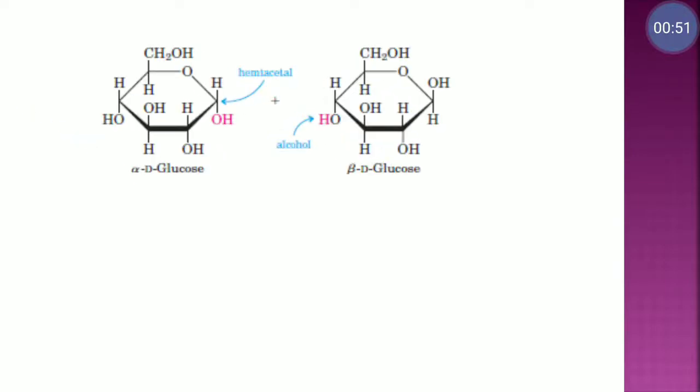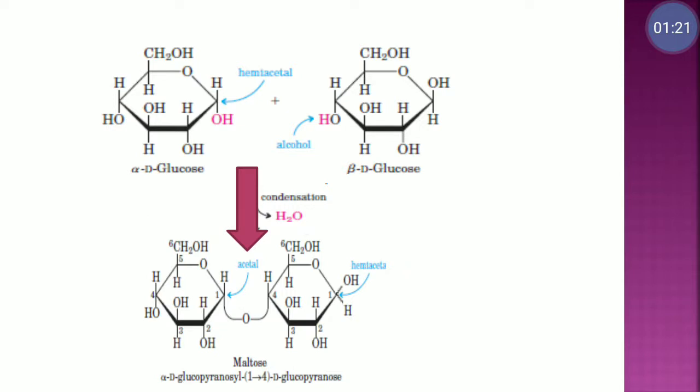Let's see how disaccharides are formed. There are two monosaccharides, that is alpha D glucose and beta D glucose. The first, alpha D glucose, has an OH group at the first carbon, which is called the carbonyl OH group or anomeric carbon OH group, and in beta D glucose at the fourth position there is hydrogen. So this H and OH from the respective monosaccharides will get condensed to form a water molecule, and a glycosidic bond will form which will join the two sugars. So initially it was monosaccharide, now due to condensation and formation of glycosidic bond it will become disaccharide. This is the basic process by which disaccharides are formed.